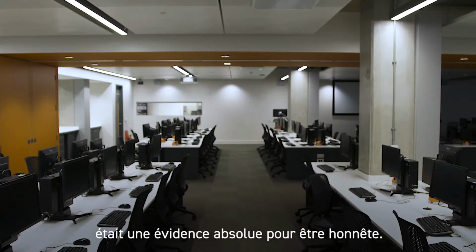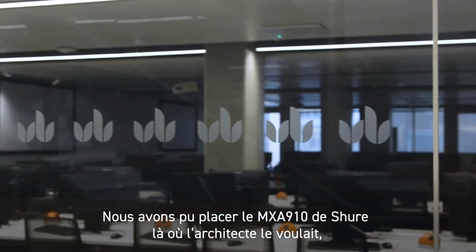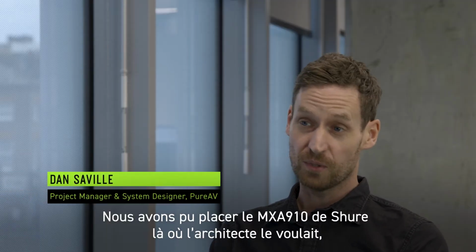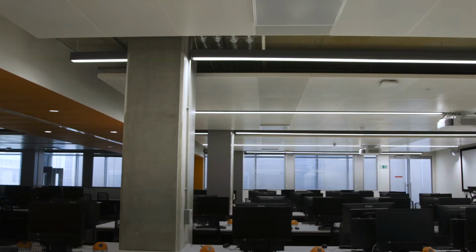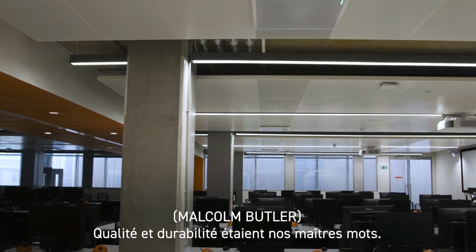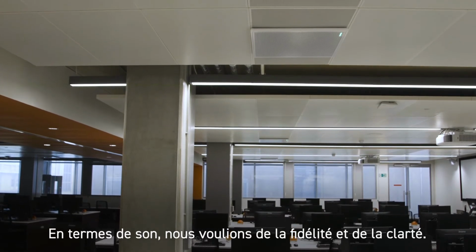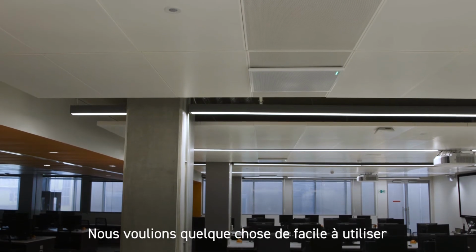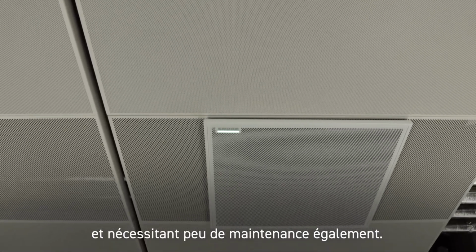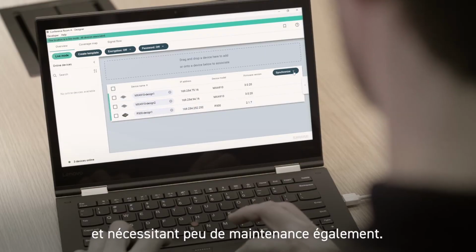Using Shure was a no-brainer, really, to be fair. We could put the Shure MXA910 in place where the architect wanted us to put it, and we could direct it and make sure we got the coverage across the entire space. We wanted quality, we wanted durability. From a delivery standpoint on output, we wanted fidelity and clarity. We wanted something that was quite easy to use and then quite easy to either train or service from a